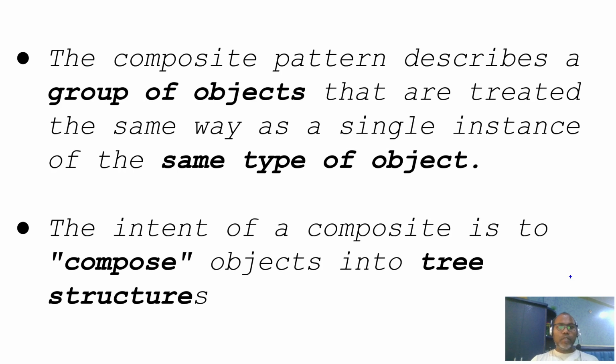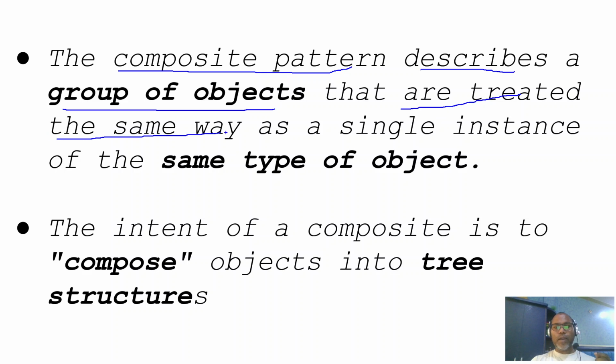As per the theory perspective, the composite pattern describes a group of objects that are treated the same way as a single instance of the same type of object. Simple. That means the composite pattern just describes a group of objects, treated as a single instance object, and all the groups of objects are the same type of object. So the intent of this composite pattern is to